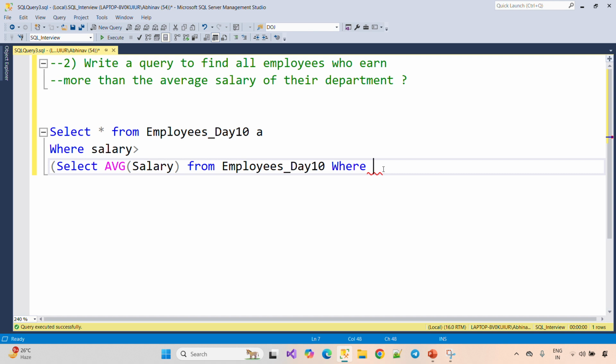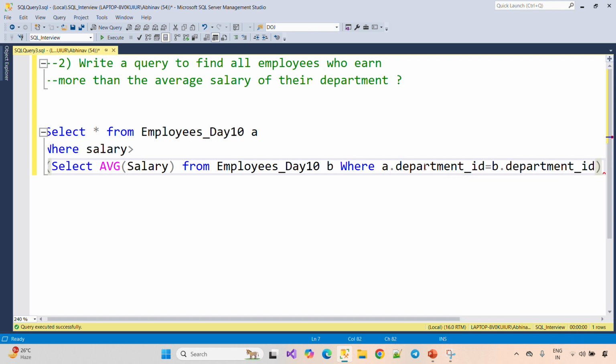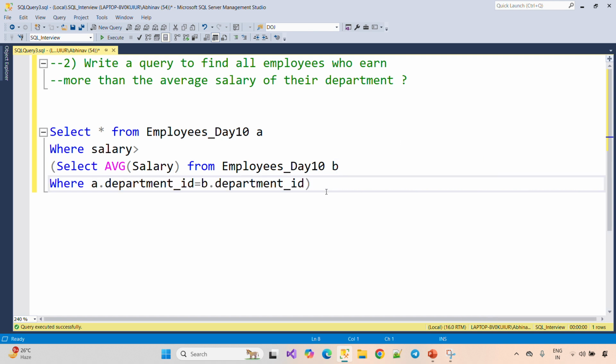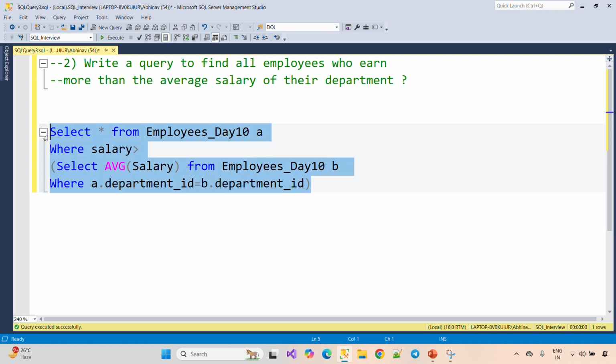So where A dot, and here mark this table as B. So A dot department ID should be equal to B dot department ID, because we are checking department wise, those employees who have more than the average salary as per their department. Now execute this, and this is the final query that you need to provide to the interviewer for this particular